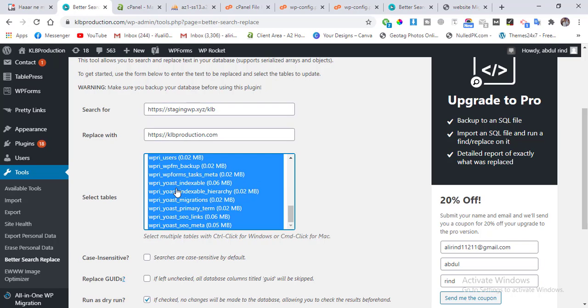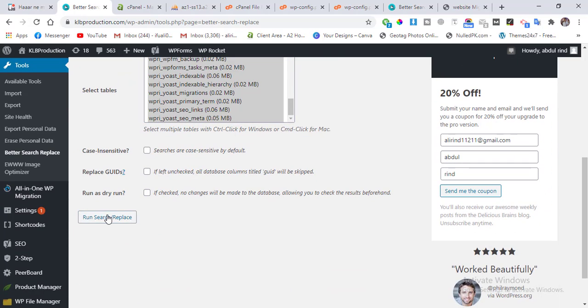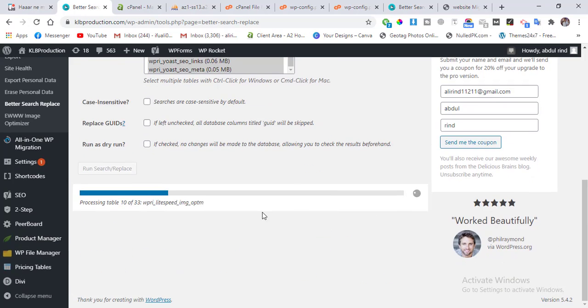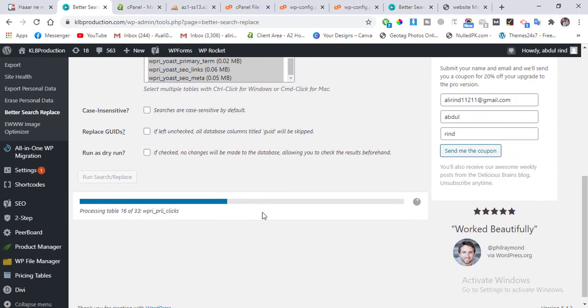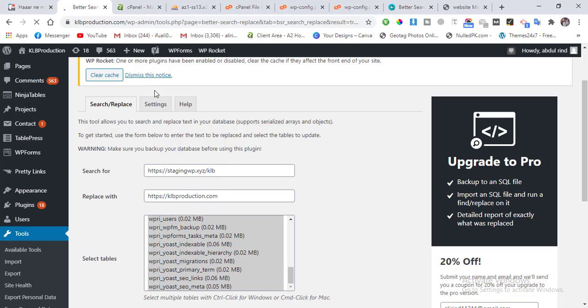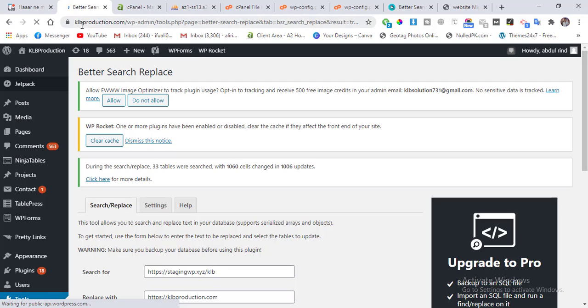Select all tables. After this, your website is live now.